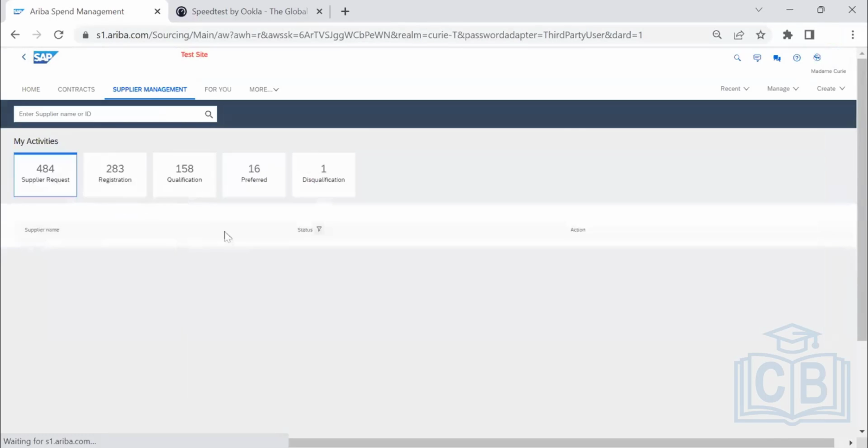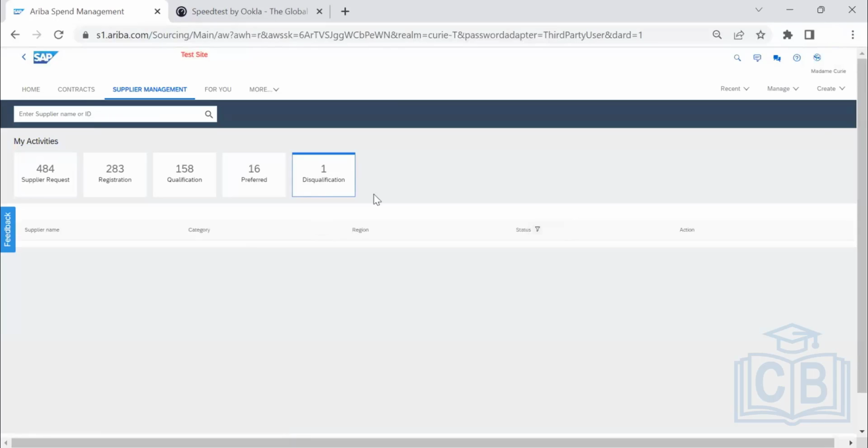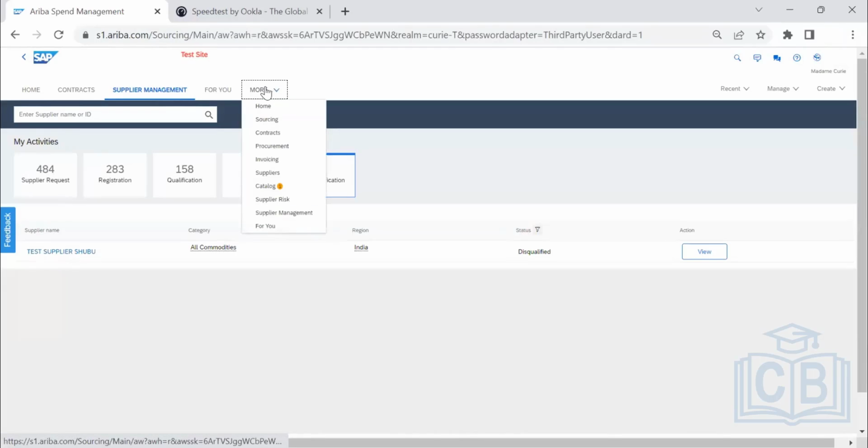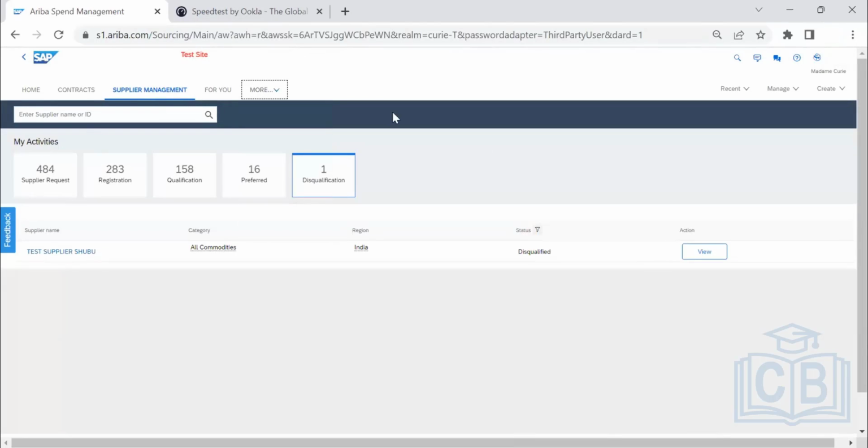Let's go back to the dashboard, and I want to show you one more thing, disqualification. Whoever you have pre-qualified, you can also disqualify by selecting that particular vendor and doing the disqualification. So these are all the SLP processes: supplier request, registration, qualification, preferring, and disqualification. The next topic will be how we are going to do this direct update, and wherever you can do that, I'm just going to explain. So when you go to suppliers,